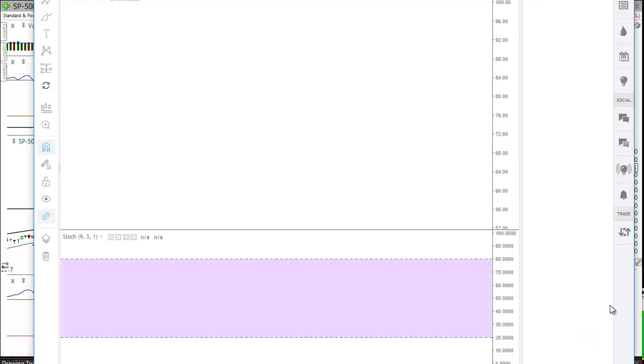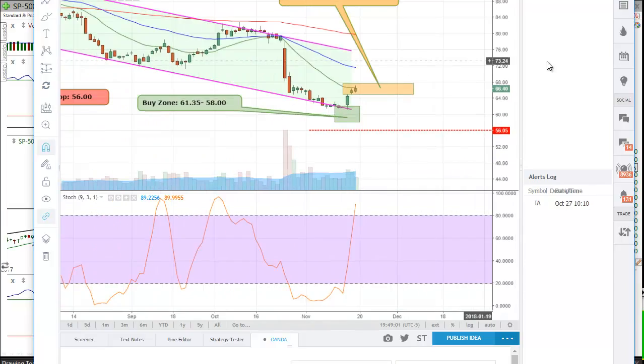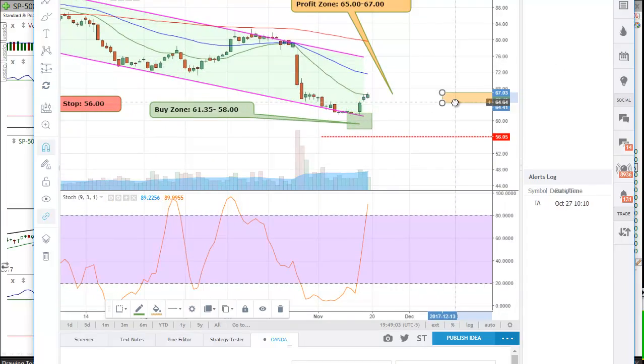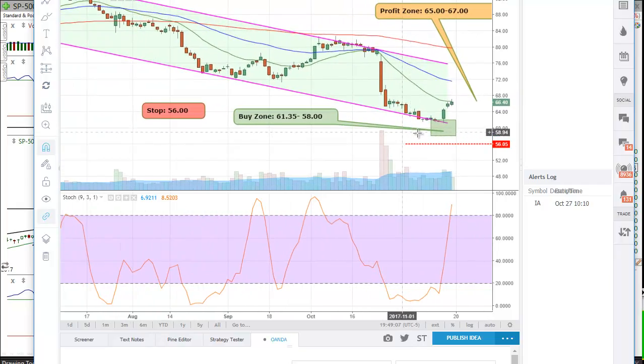Because even when they work on this type of stock, this technique and this style of trading works great. Just trading futures and just anything. It's basically anything you want to trade, you can do that. Now we're looking at basically just an example of what goes out. When it gets set up, you get your buy zone, your stop set in, your profit zone,